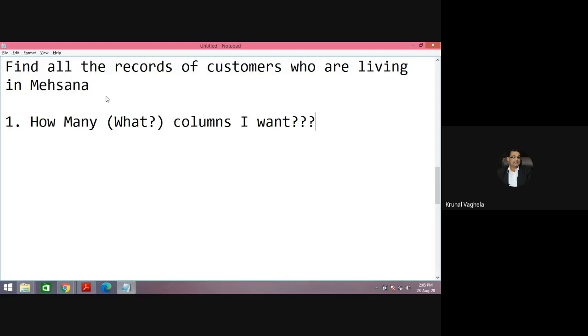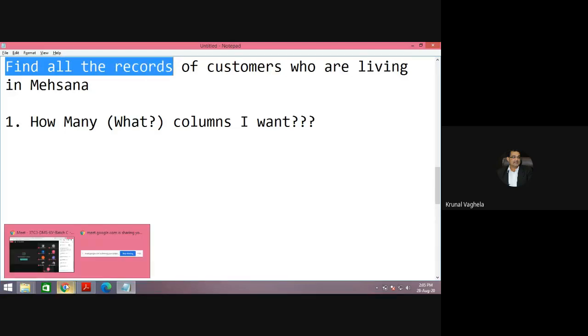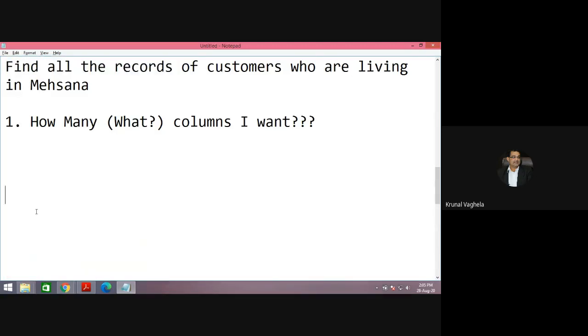This is the first question. Here it is given, find all records. That means they have not specified anything like I want name, I want these, just all records. So what should I write? Select star, star means all, from account.